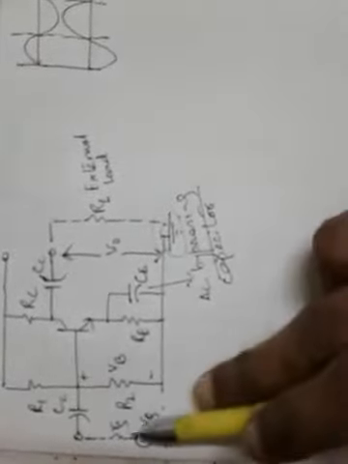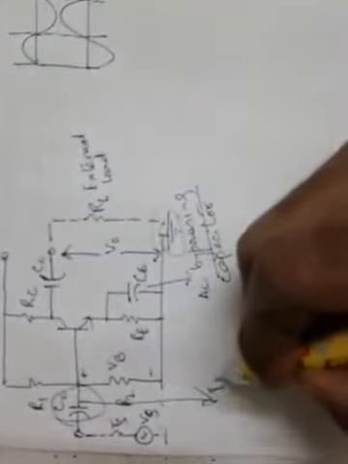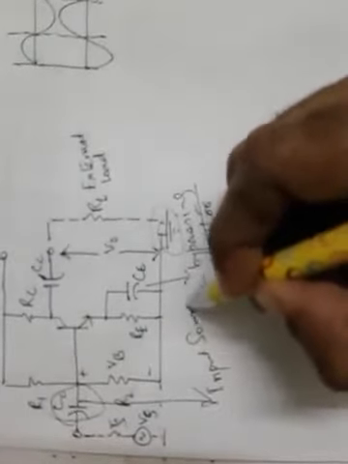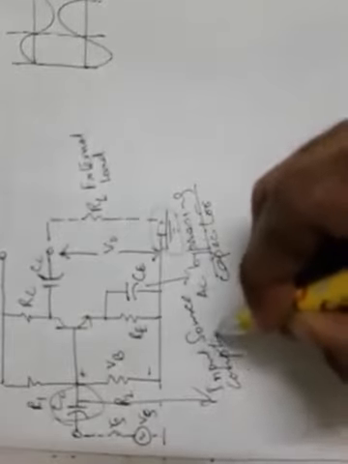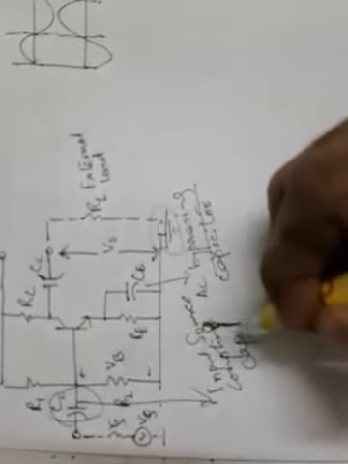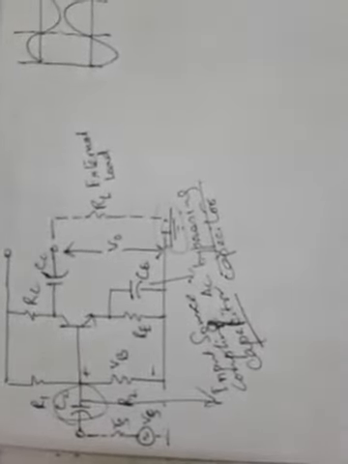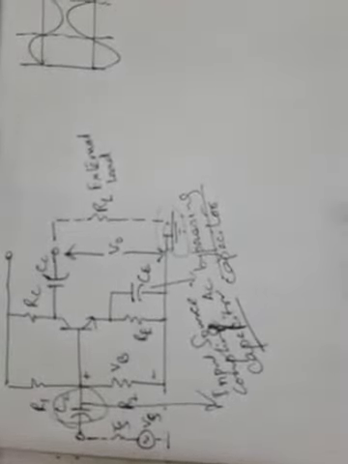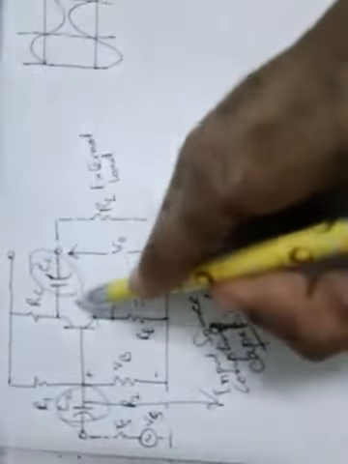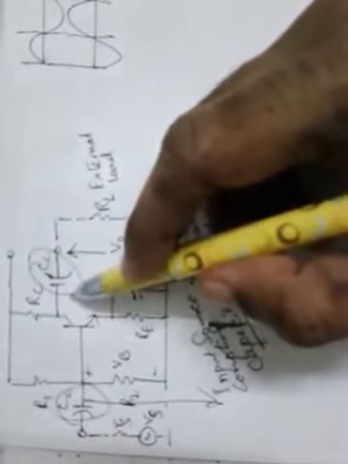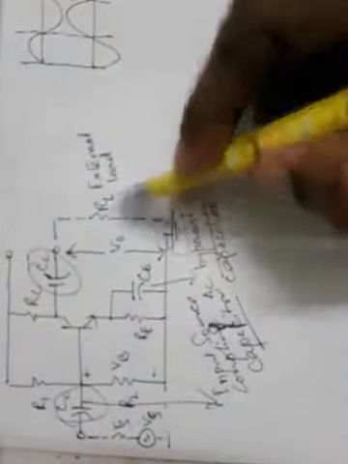The AC source is connected via this capacitor, which is called the input source coupling capacitor. You all know this because I have discussed these things in one of the last lectures. The other capacitor at the output, connected with the collector terminal, couples the external load resistor RL to the transistor collector. So this is the output coupling capacitor.